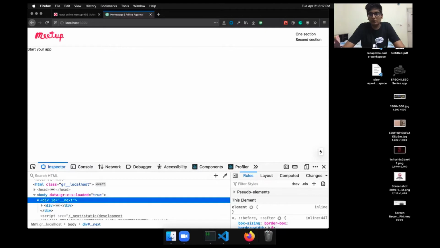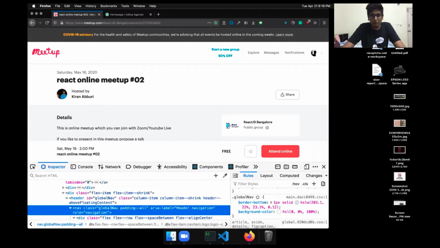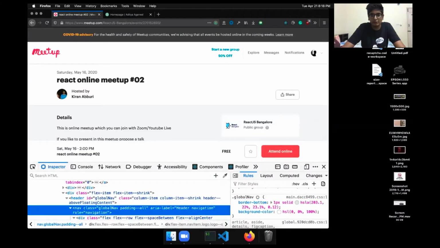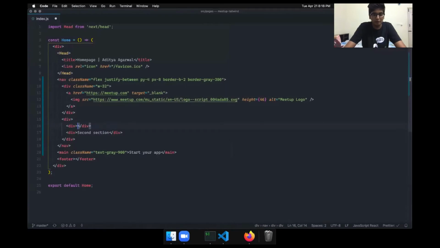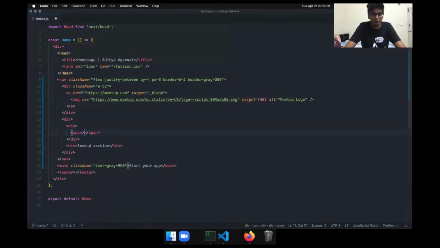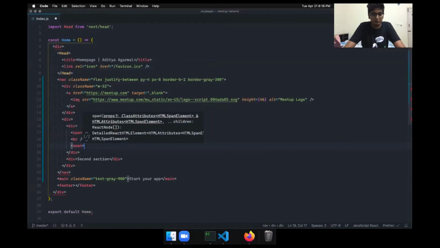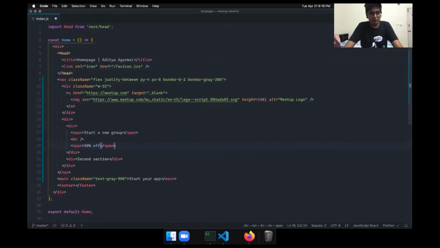So as you can see, now everything is coming here. So this section, let's say, start a new group. It has a span, start a new group, and then we have a BR and another span which says 50% off.